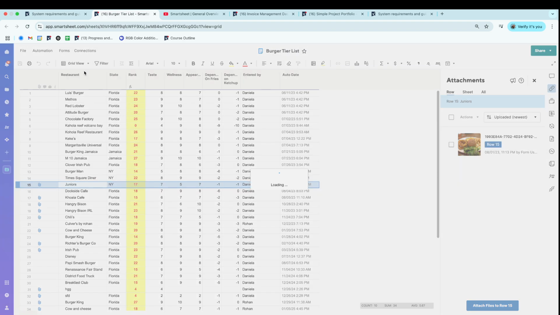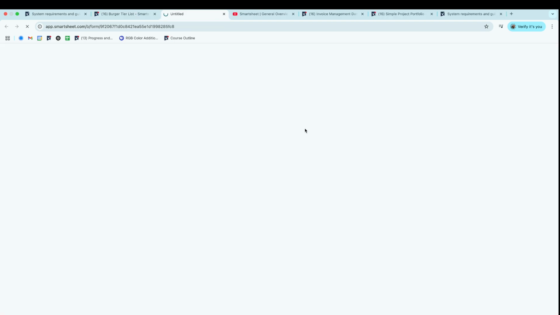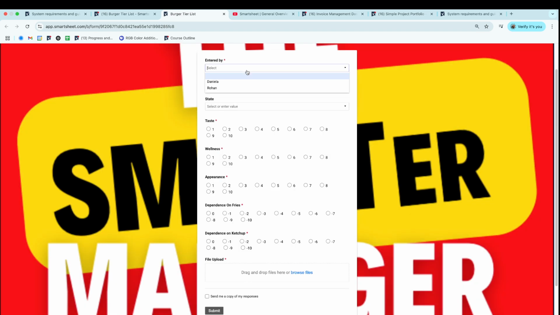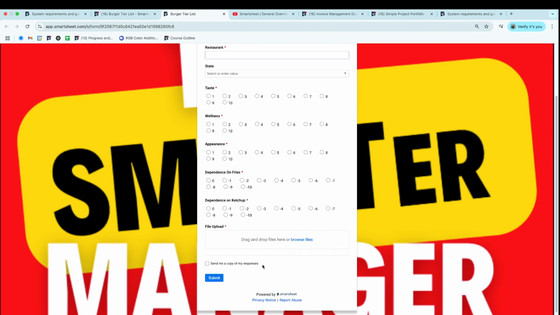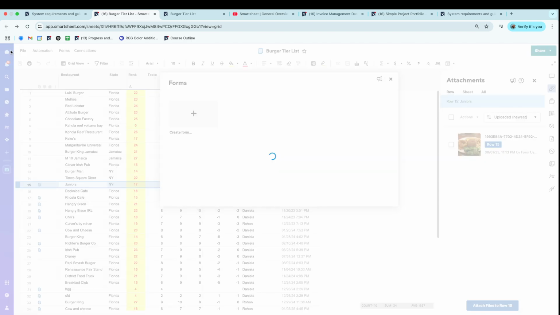solution that starts with a form, and this is the form. So you would open this form, you could share this form, and you're clicking in your name, put in the restaurant, state, and just checking these bubbles. So this process takes about a minute if you're fiddling around, and probably less. So it's super easy to get the information,